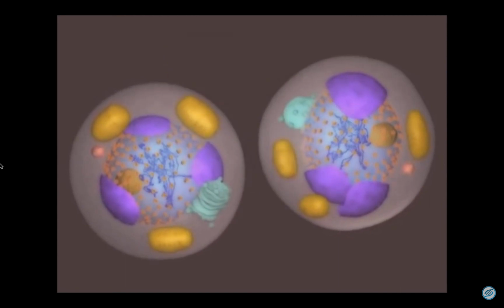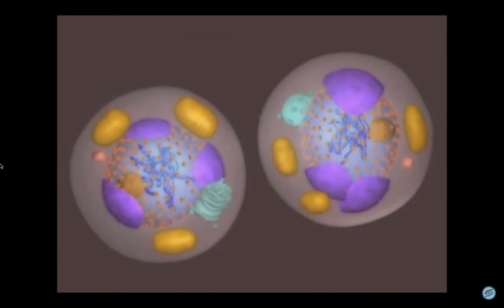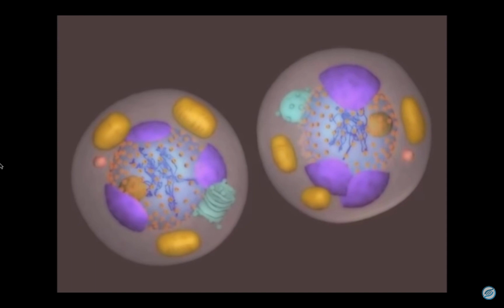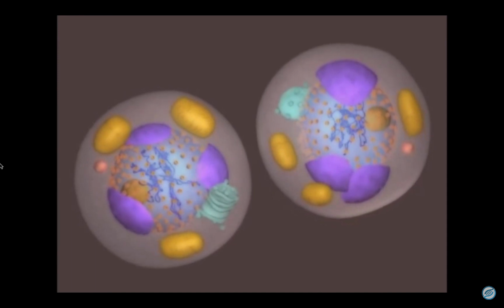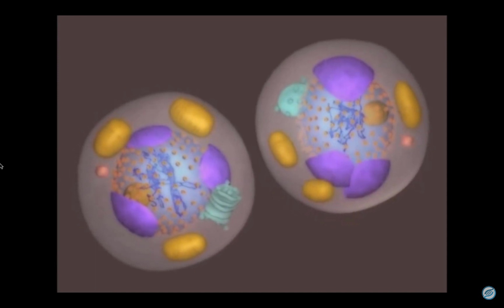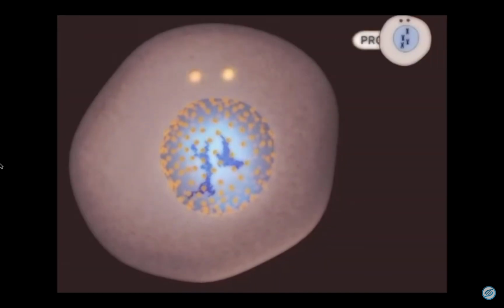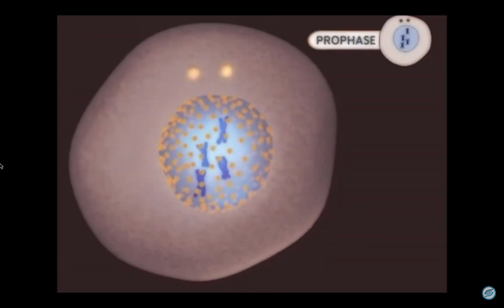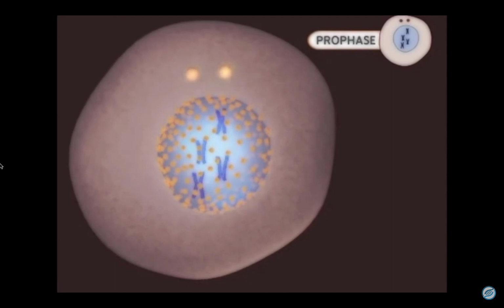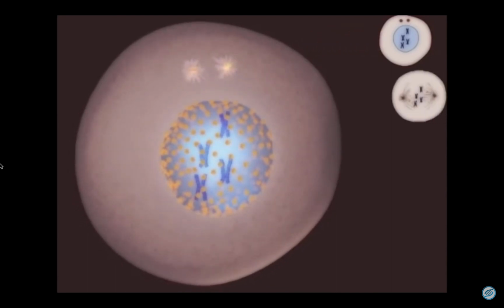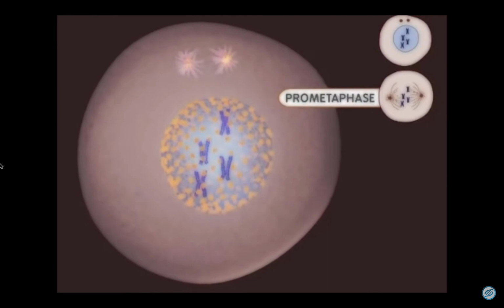Once split, the two new cells are now fully in the G1 stage of interphase and ready again to begin their growth. Let's watch the process one more time. Mitosis begins with prophase. Notice the DNA condensing into chromosomes during this stage. Microtubules appear during prometaphase, and the nuclear